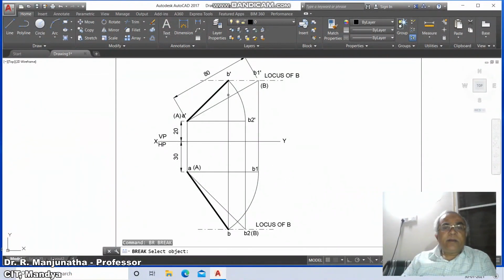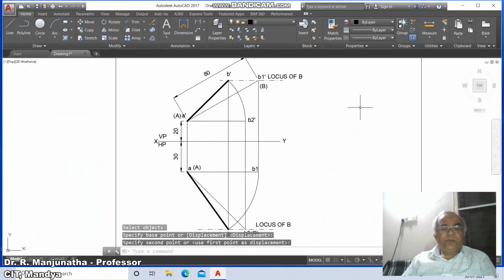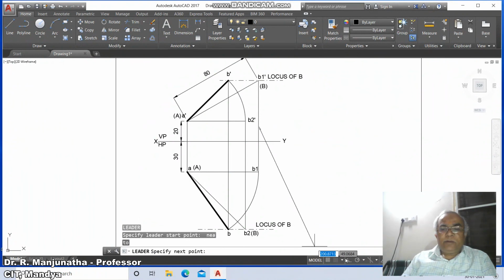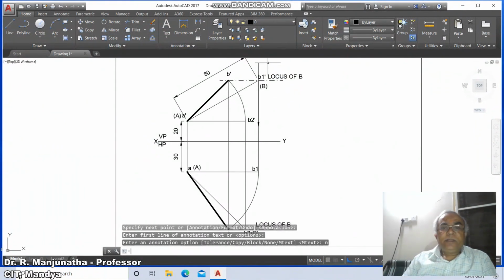Then go to break this line till here. Then go to move this b1 dash and place it here. Similarly, the locus of b, and then this b. Once you do that, then go to leader, take nearest point and draw with ortho on. You click on this, annotation, option, none.